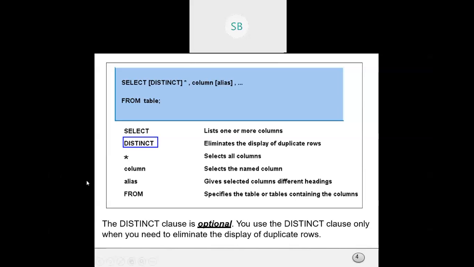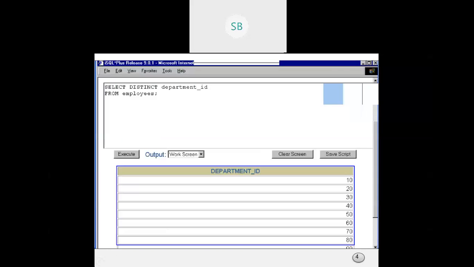We should always remember this distinct keyword is optional. If you don't use the keyword distinct, it will select all, and the duplicate rows will also be selected. But if you want only distinct ones, you can use the keyword distinct to eliminate the duplicate rows.